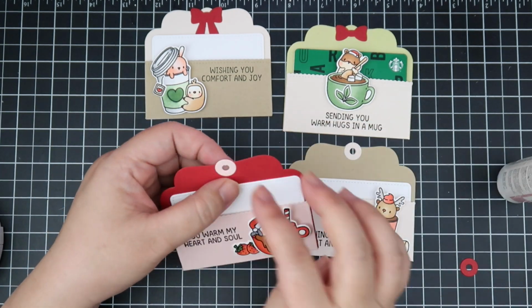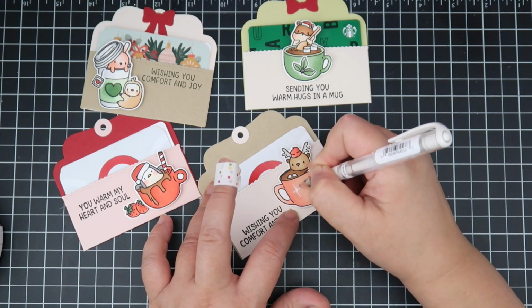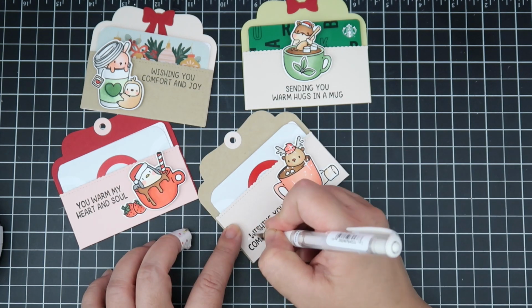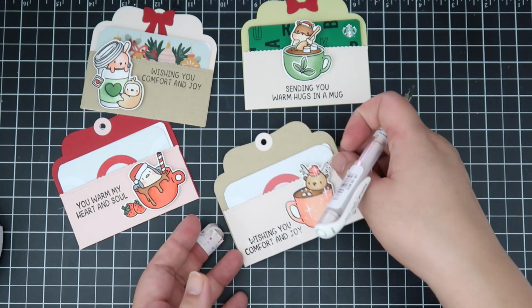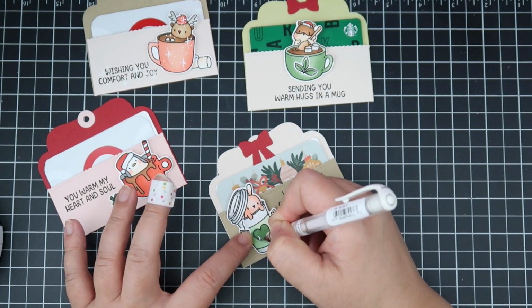I just wanted to use the bows. I love using bows on cards, and I like that they're small and they look really cute at the top there, and also add a little bit of color. So now I'm going to embellish the gift cards a little bit more with white gel